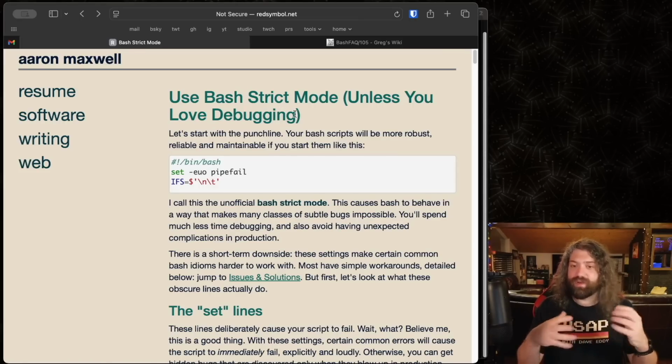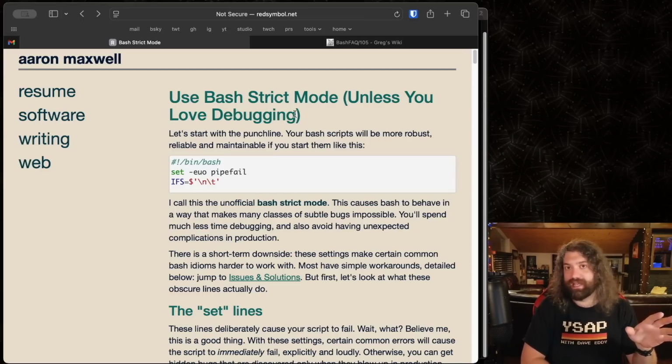And here's what I'll say about it. I think if you're, let's say you're a beginner and you're learning this, I think without this strict mode, you're going to encounter bugs like 70% of the time, and 30% of the time your script's going to work. Maybe it's even 90% of the time you encounter bugs, and 10% of the time your script's going to work. With strict mode, your script might work 90% of the time, and 10% you're going to encounter those bugs.